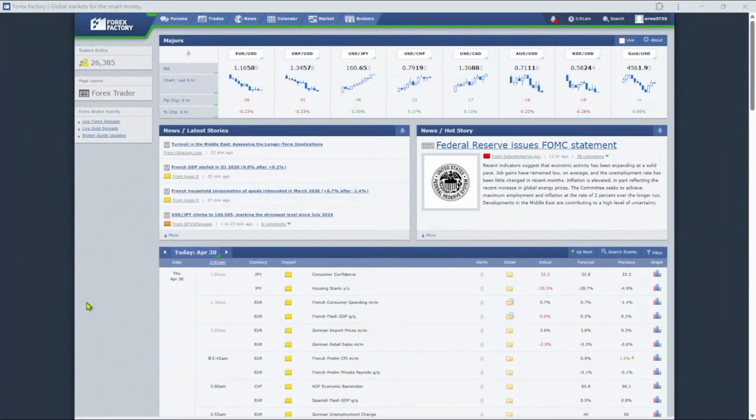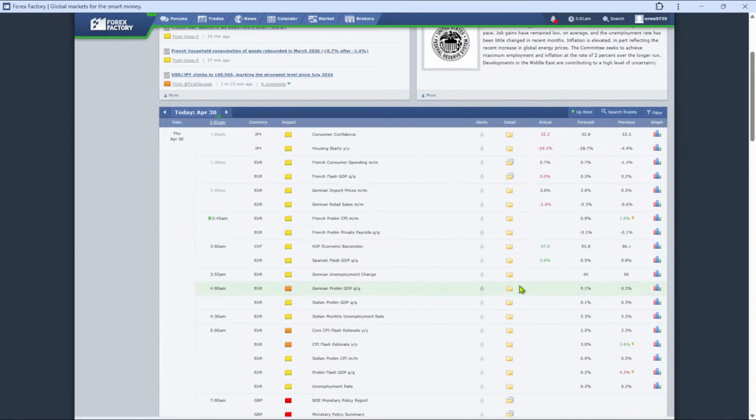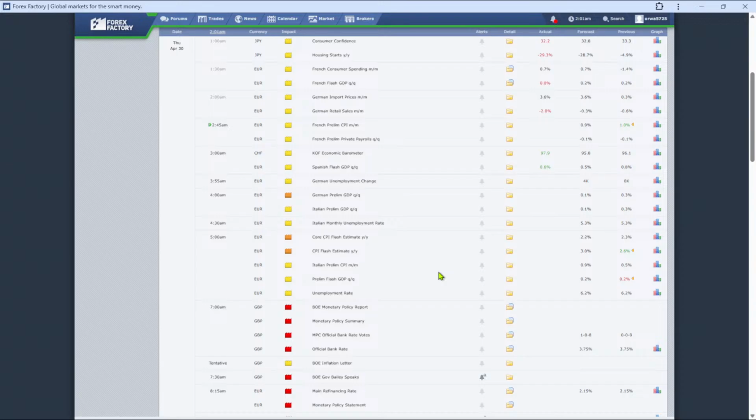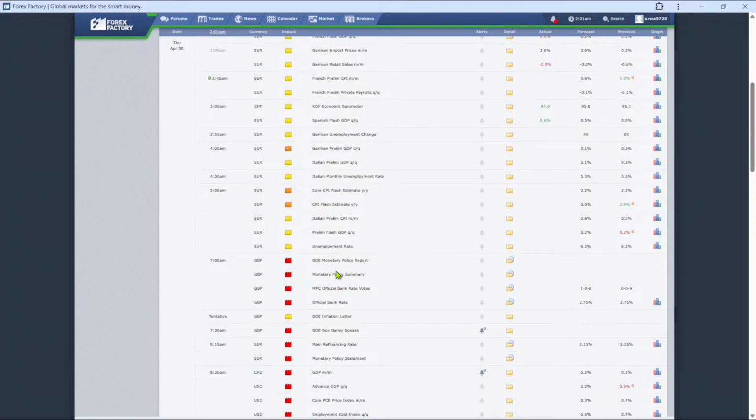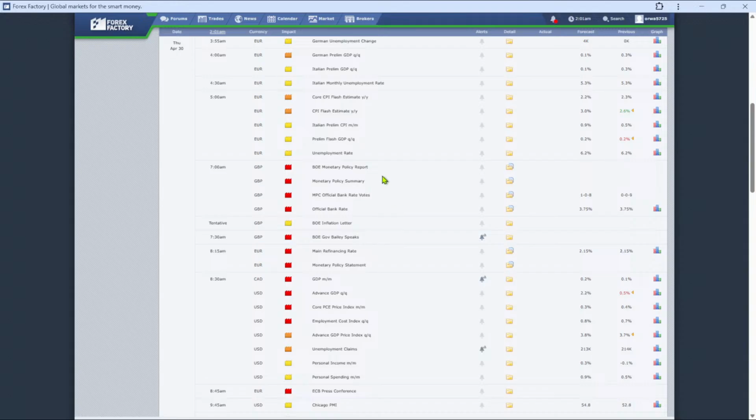On the economic calendar, Federal Reserve issues FOMC statement. That was the FOMC yesterday. So after the FOMC, you'll want to trade, but before it, if you trade, you can perish. Also, if we fail a trade in this London session, we'll probably try again, our last chance, in the New York session, where we'll have the BOE, the Great British Pound bank rate.